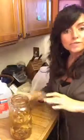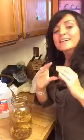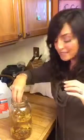To keep this from floating like this, my rock that I use is actually in another ferment. So get a nice flat, heavy river rock that will fit through the mouth of your mason jar, and you can lay this